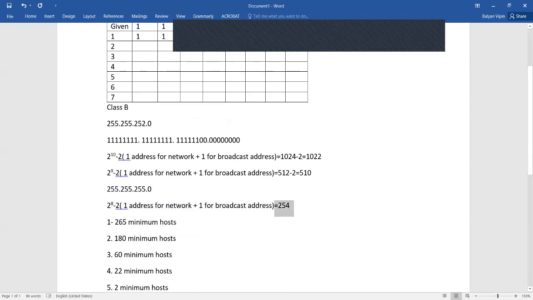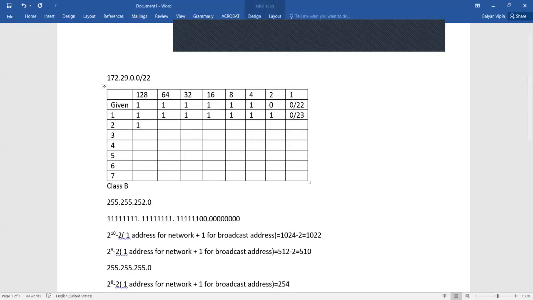The number of bits which I will be using for this will be 1, 1, 1, 1, 1, and then it will be 1 here again. So the number of bits we will be using is 24.